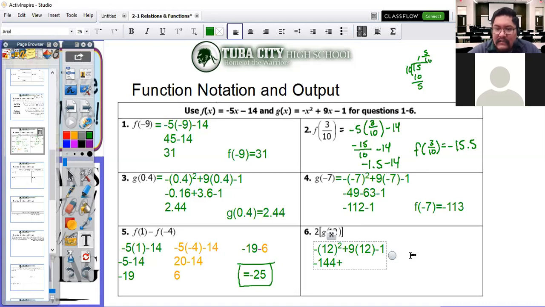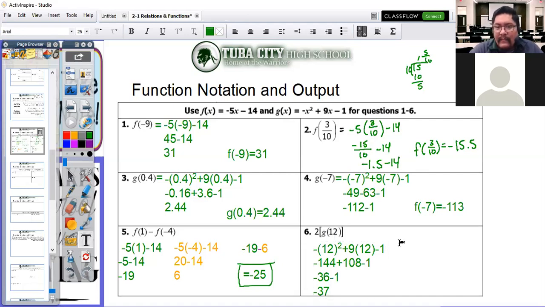And in this case, 9 times 12 is 108 minus 1. All right, and then 144 minus 108. Looks like we're going to get -36 minus 1. And okay, we need to go a little bit further. In this case, it would be -37, but we're not done yet, because remember I said that we have to work